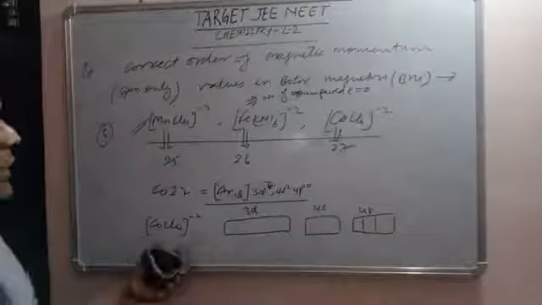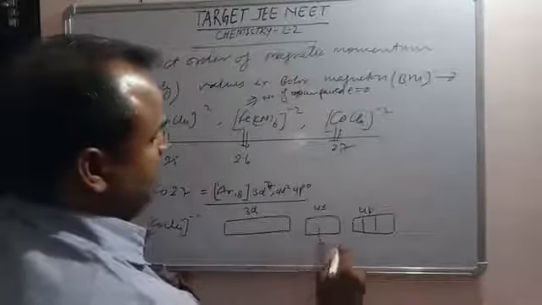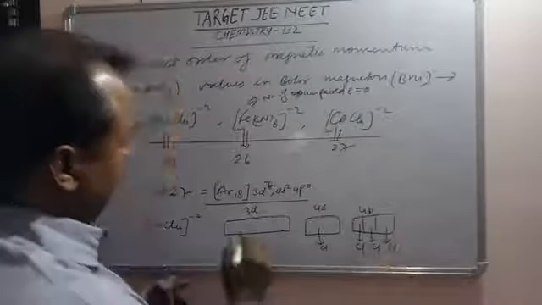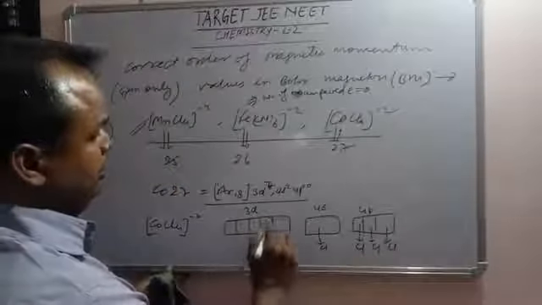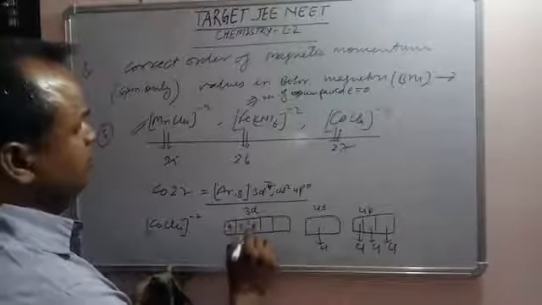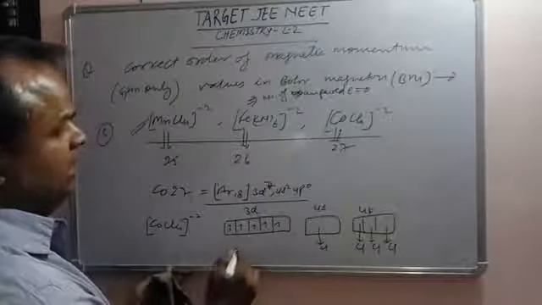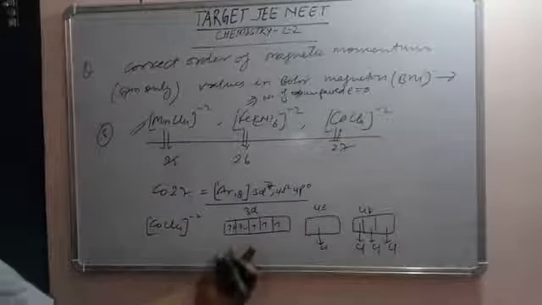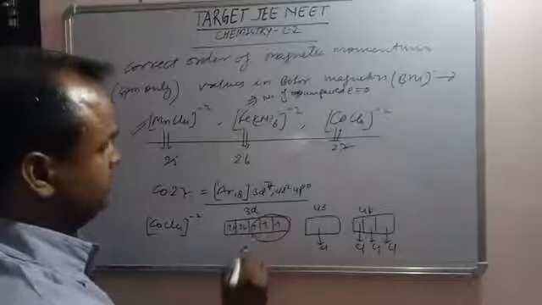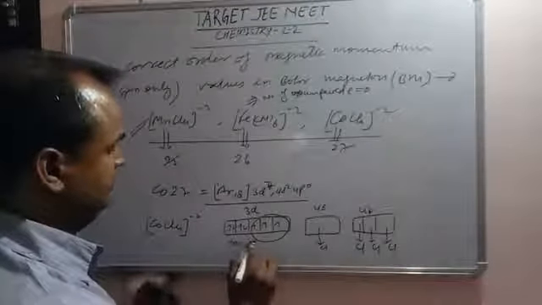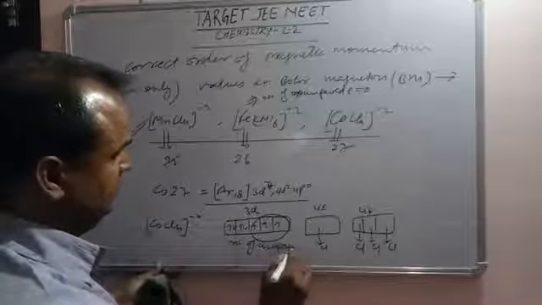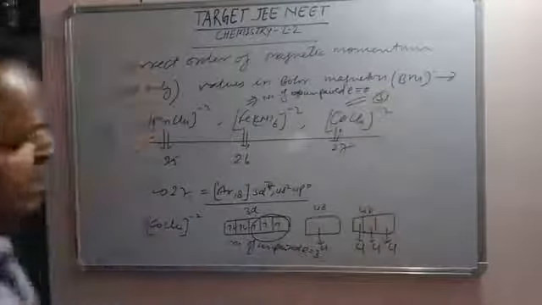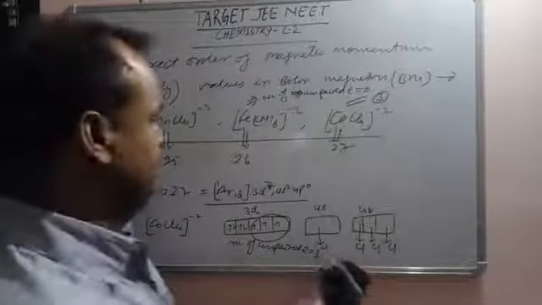We are having only 4 Cl, so 1 Cl here, 1 Cl here, 1 Cl here, 1 Cl here. Now there are 7 electrons, so the arrangement can be 1 2 3 4 5, then 6 7. It means the number of unpaired electrons is 3. And the hybridization is sp3,